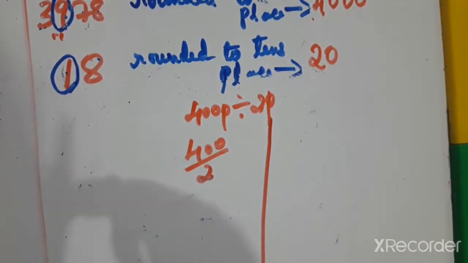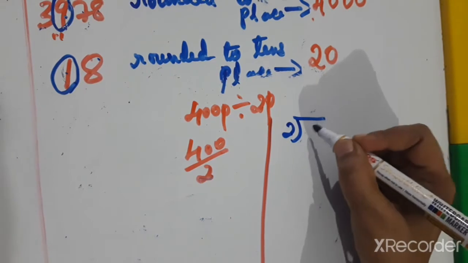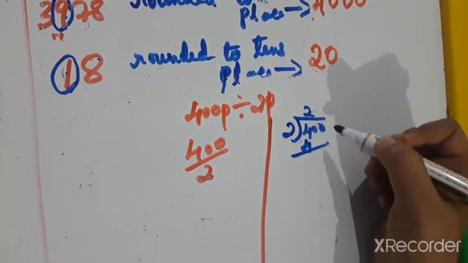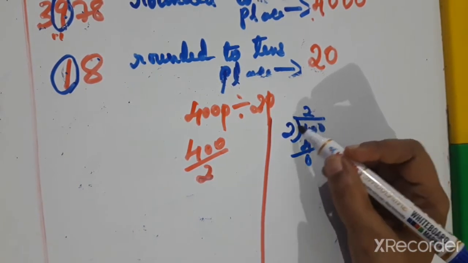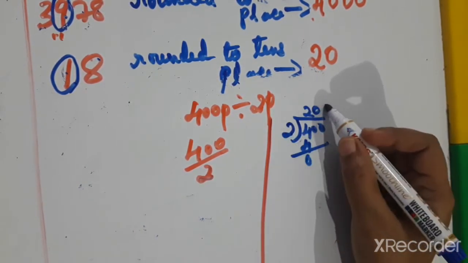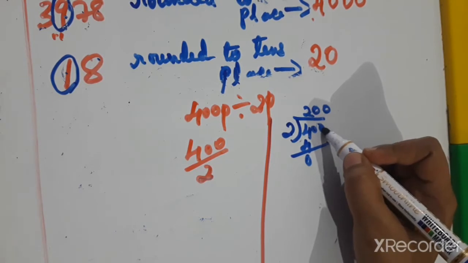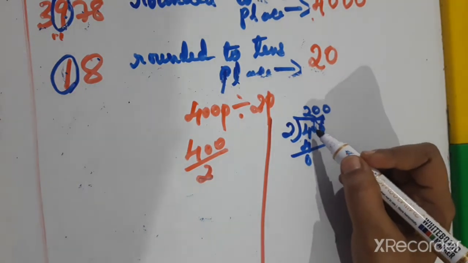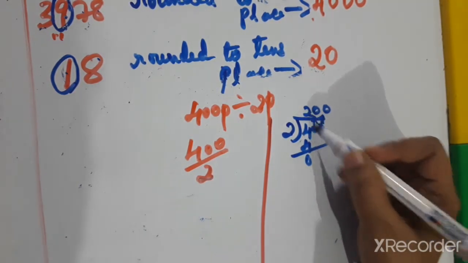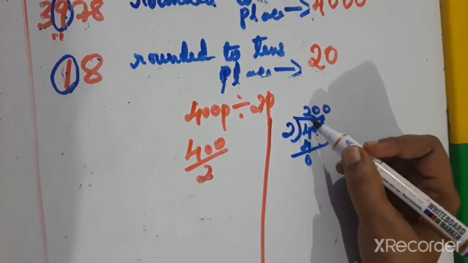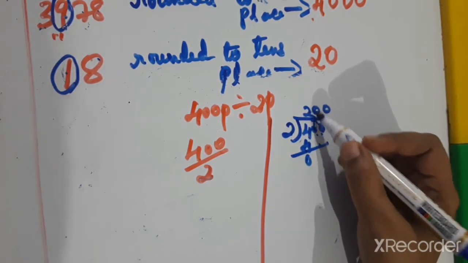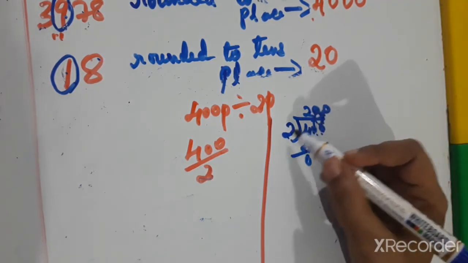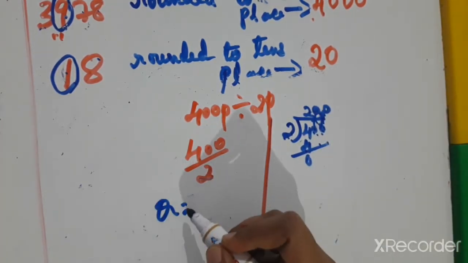Okay. Now divide it, children. 2 into 4, 2 twos are 4. 0 and this 0. 2 zeros are 0 and 2 zeros are 0. 200. Okay. It means this 0 will carry up. This 0 has a value. It means 2 twos are 4 and the remaining are all zeros, no? 2 twos are 4 and this 2 zeros will go up. It means 2 zeros are 0, 2 zeros are 0. The quotient is 200.